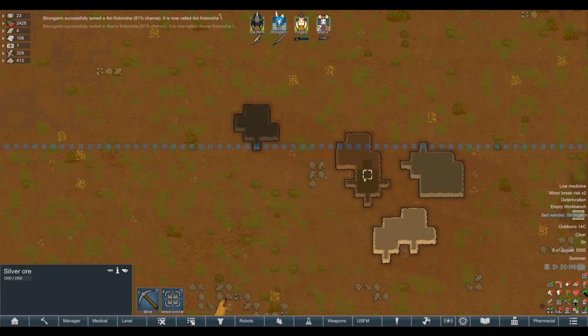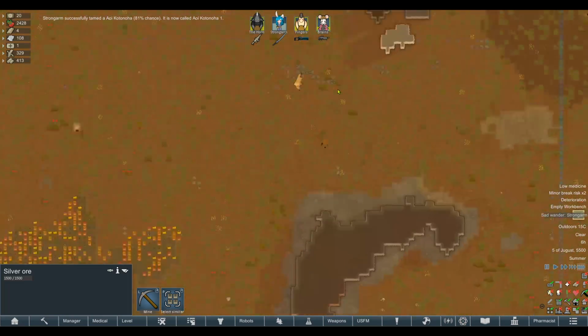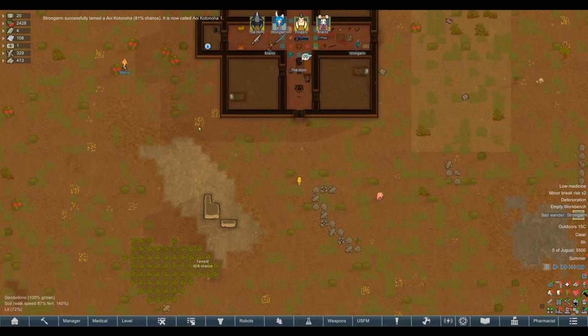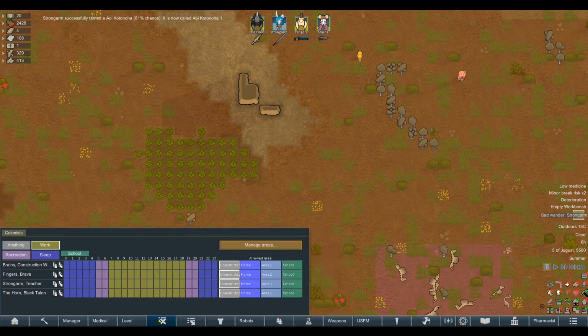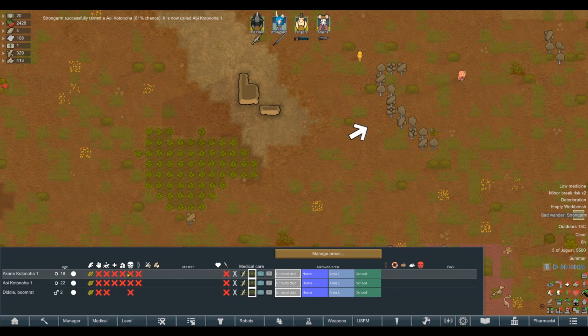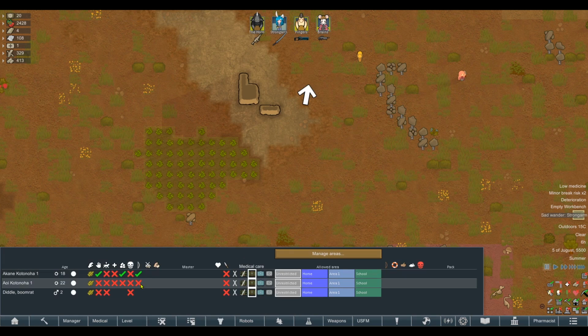Is that it? Is it over? We did get some silver, although. That's pretty nice. Hey, well, they're already immediately tamed. To be fair, we did have someone with a pretty decent amount of animal handling skill. Cool. Okay, let's go ahead and train them all the way up to...